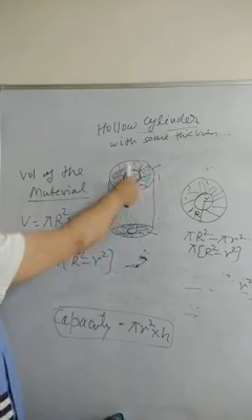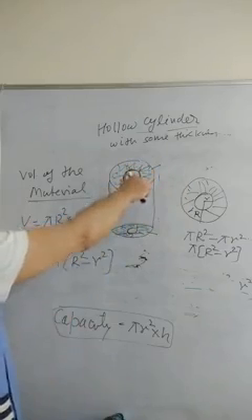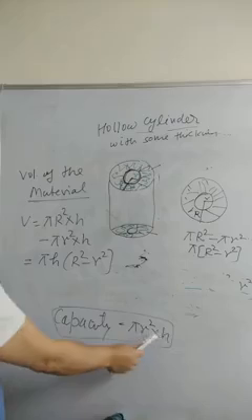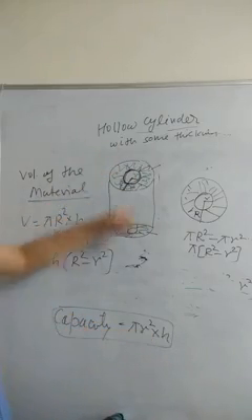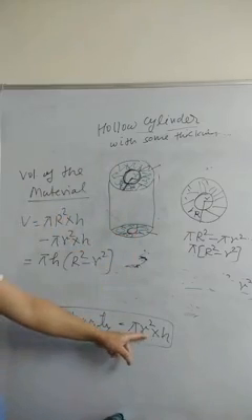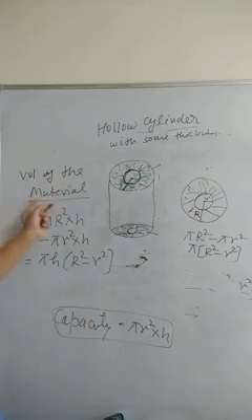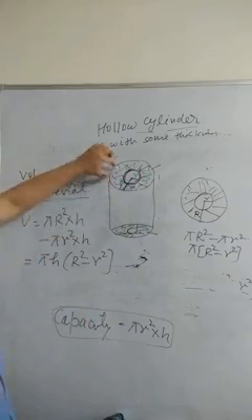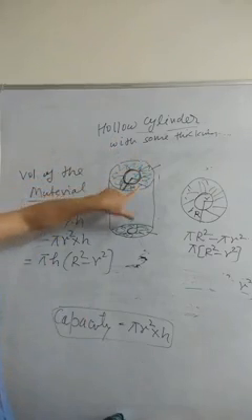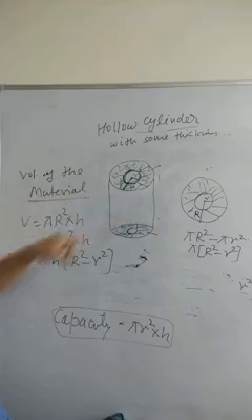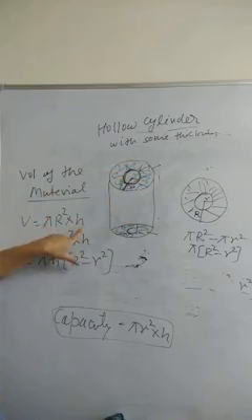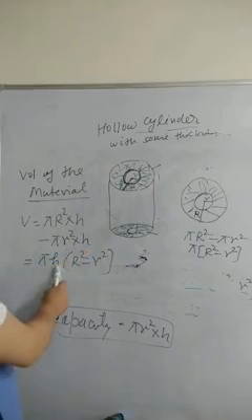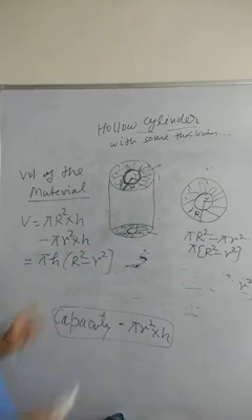And if it is asked what is the capacity of it or how much water it can hold, that will be equal to pi r square into h. Don't get confused. Capacity means how much liquid you can fill inside it. And if volume of the material is asked, that is the volume of this material, iron or wood or whatever it is. What is its volume, right? So for that, first find the volume of this whole cylinder, that is pi R square into h, and subtract the volume of this part. So it will be pi h (capital R square minus small r square).